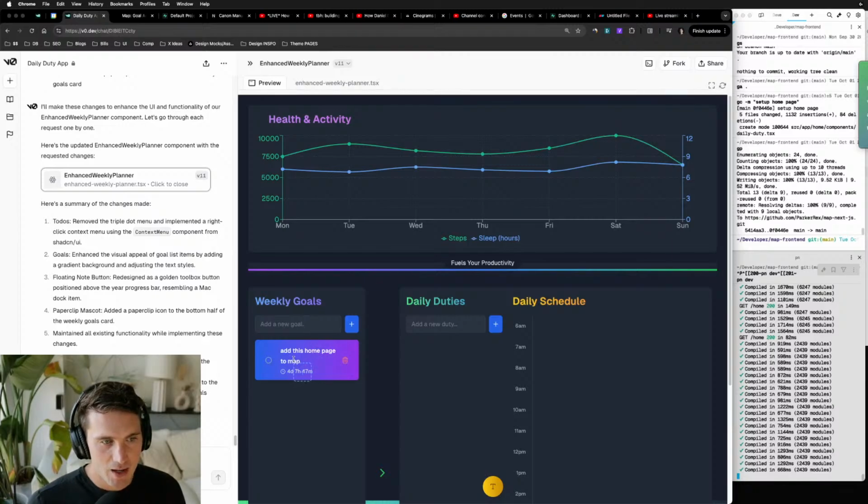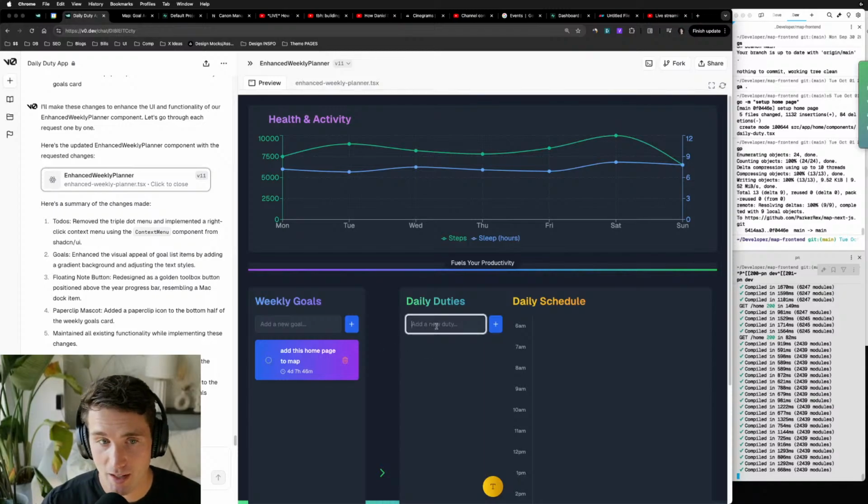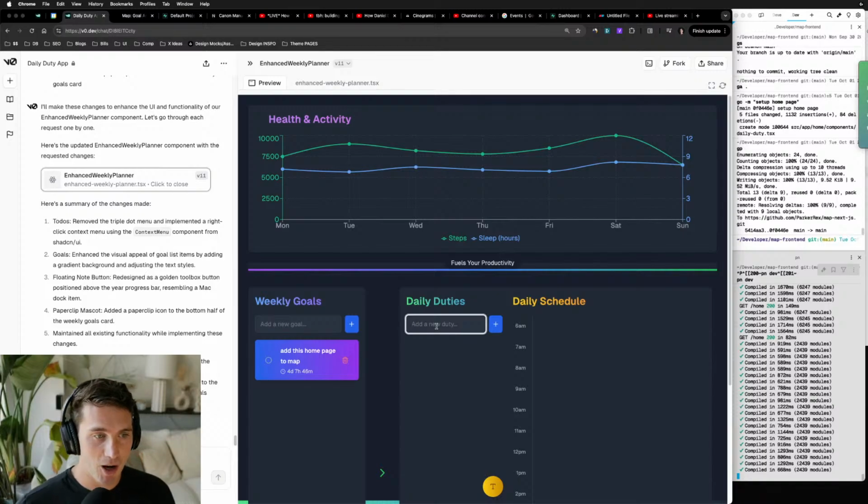Great. And then it has a timer. How much time is left in the week, I believe. Like the business week. Not sure if that's right. Then you have your daily duties. So, okay, well, what do I need to do today in order to make progress towards adding this homepage? Well, it's super meta, but I need to break this page into separate components. I'd also need to